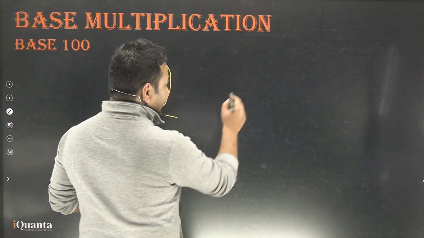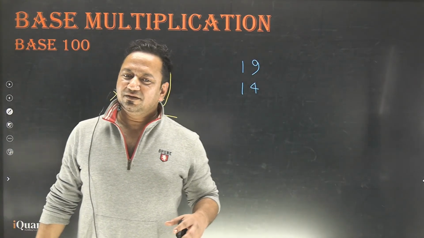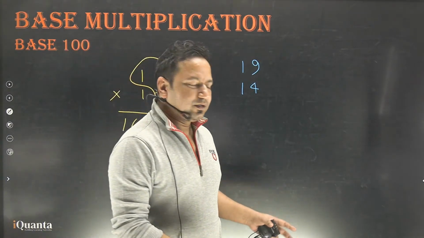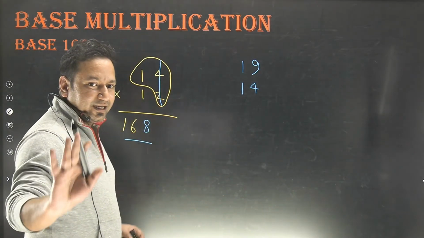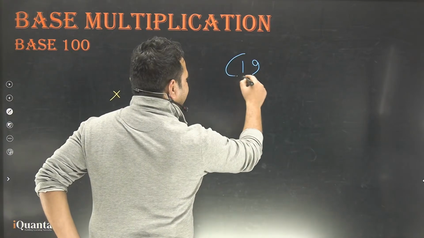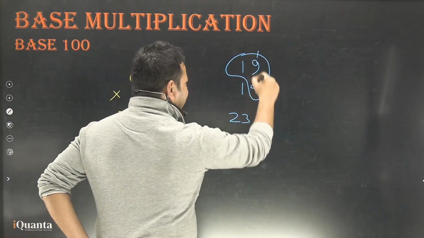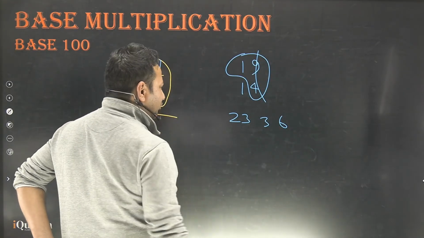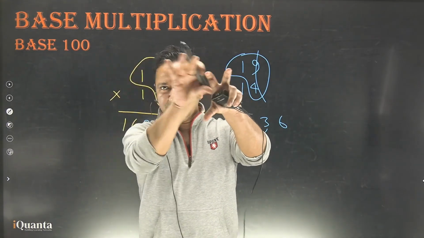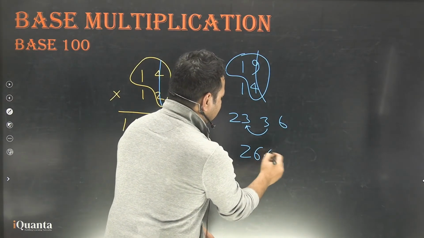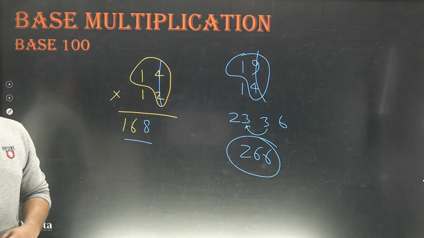When I needed to multiply 19 and 14 in the previous sum, you know what I did? I went back to my childhood days. I drew the map of Africa, and I am not lying. True story. 19 plus 4, my mind came up with 23. I said, wow, River Nile, 9 into 4, 36. I knew that this 3 has to go here. My mind is blinking with two numbers, 23 and 36. 3 goes here. So I get 266. Understood? Understood, everyone?